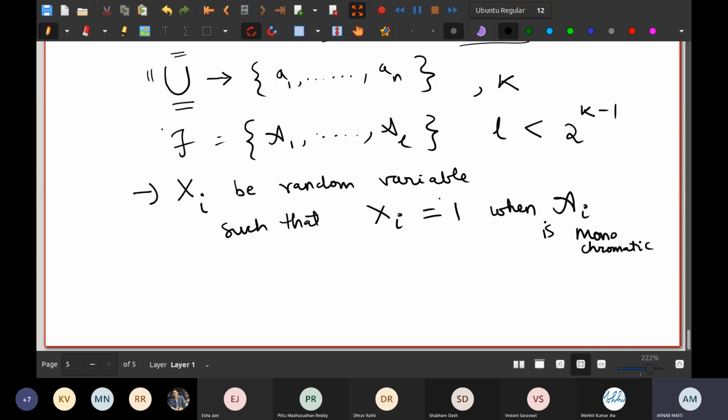So let's use these random variables. Here, monochromatic. Say you do some coloring. Then xi will be 1 when Ai is monochromatic, otherwise xi will be 0. This is how we are defining our random variable. Mathematically you can define it, but I'm just defining it in terms of words. So this is one part, and then